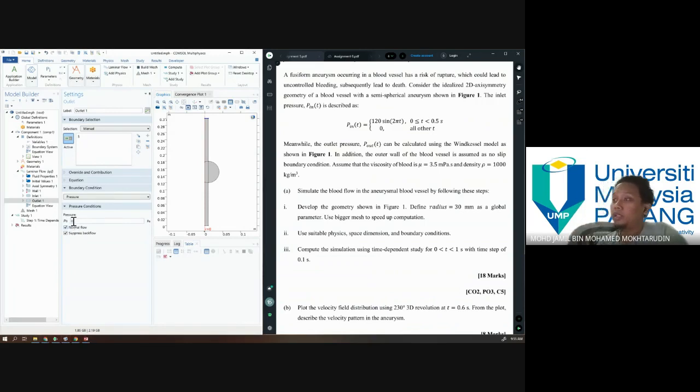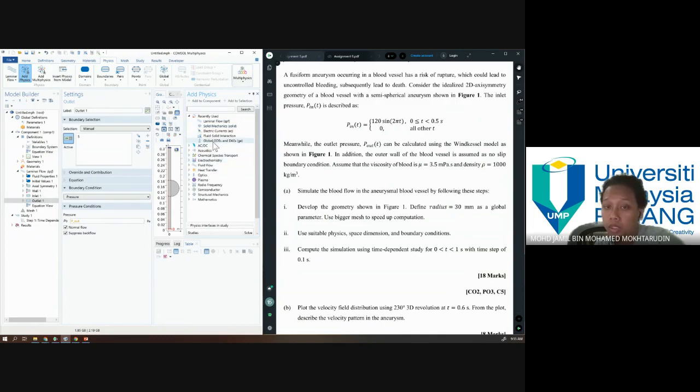So we can write here P outlet. Okay, and then we have yellow colored P outlet. So we need to add another physics. So add physics,